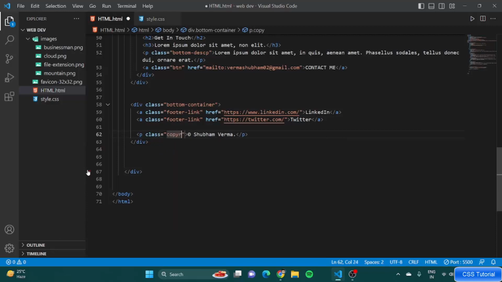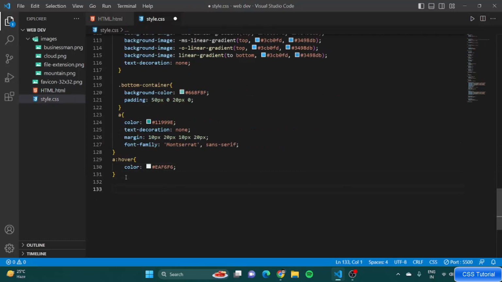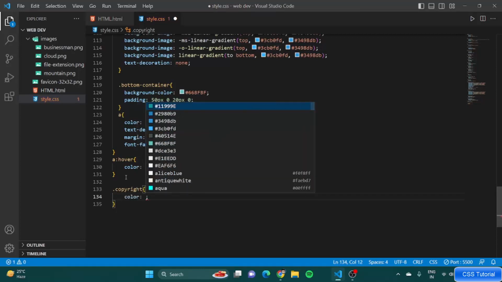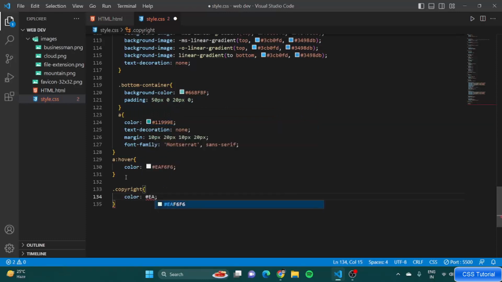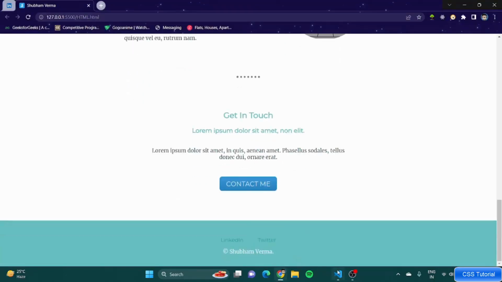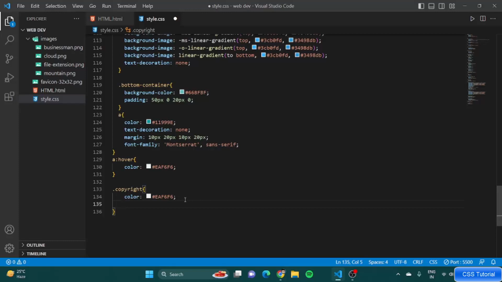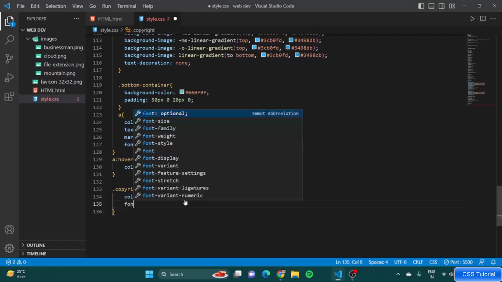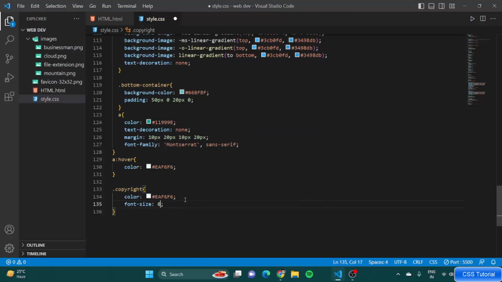Let's name it copyright. Okay, and let's have a copyright one. Now, first of all, I want the color. So we can have the same color. The white one looks pretty neat. Looks nice, right? Now I want this text to be reduced. Okay, font size to be reduced. Let's say